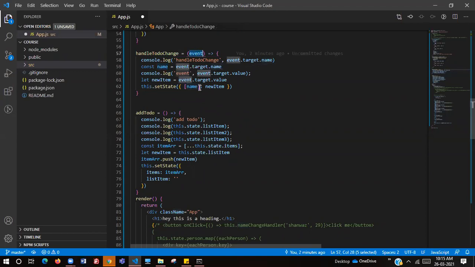So whenever we type in the first input, we get listItem here. When we type in the second input tag, we get listItem2 here. When we type in the third one, we get listItem3 here. That way we are dynamically handling it. Now, any number of input tags you have, you just declare a name over there, and based on that name you apply the setState and update the state variable.